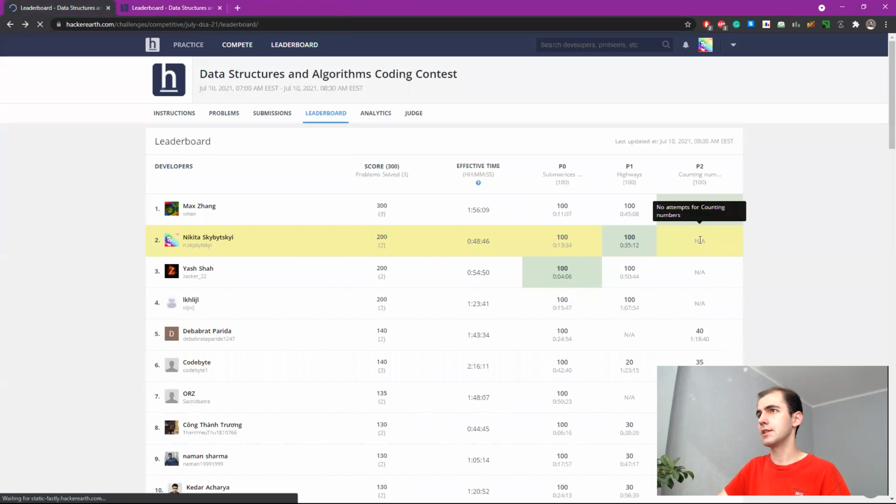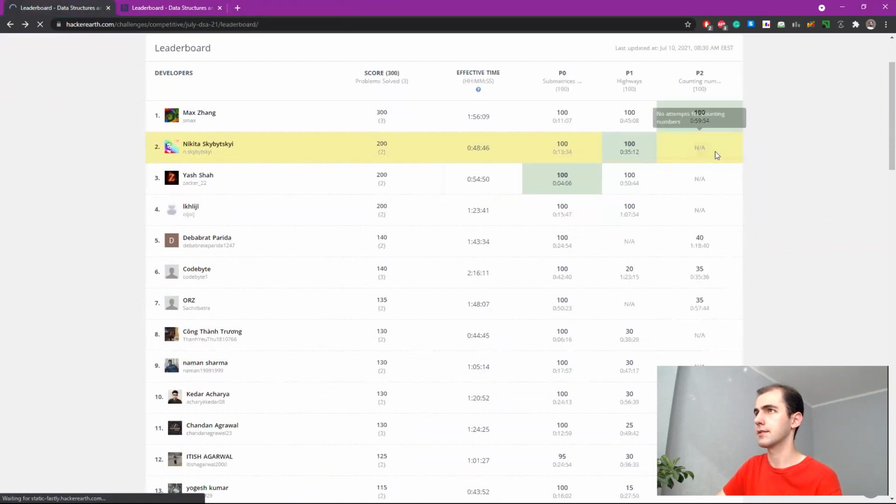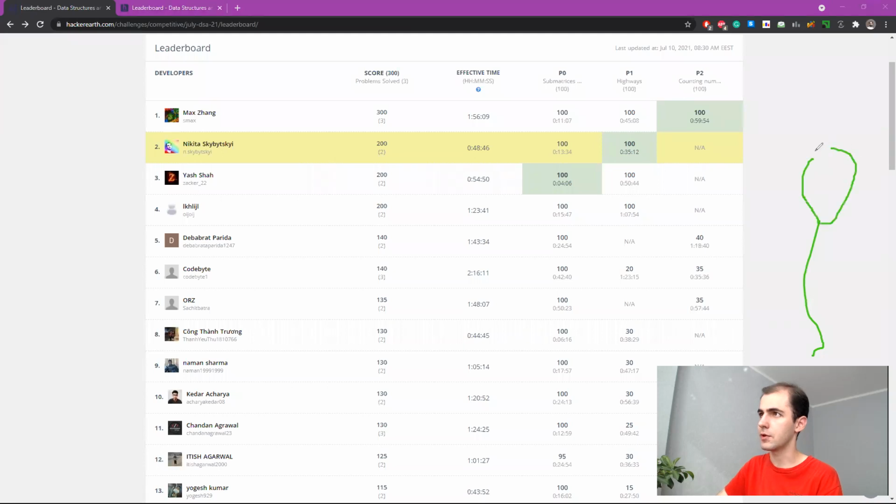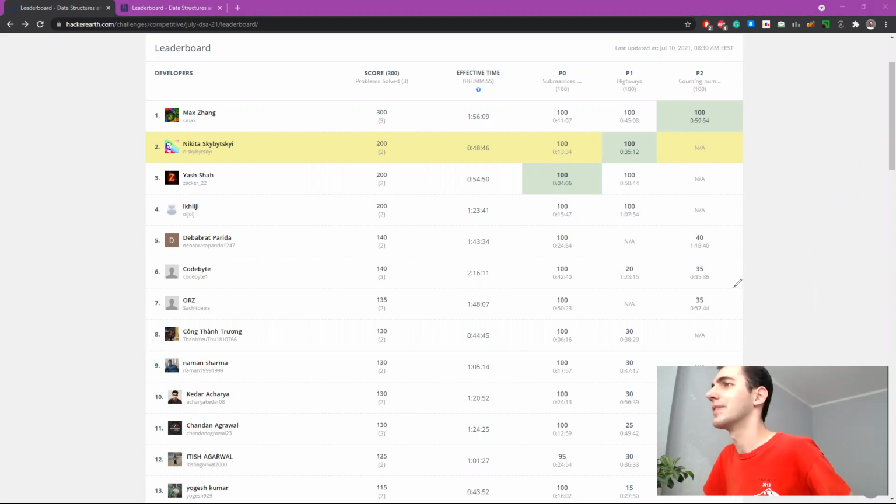I submitted 10 minutes before the contest ended. Also, the top 3 got 1 balloon each. In case you don't know, on ICPC you get a balloon if you solve some problem first. I never got one, but this is how it works. So I will call this a balloon.